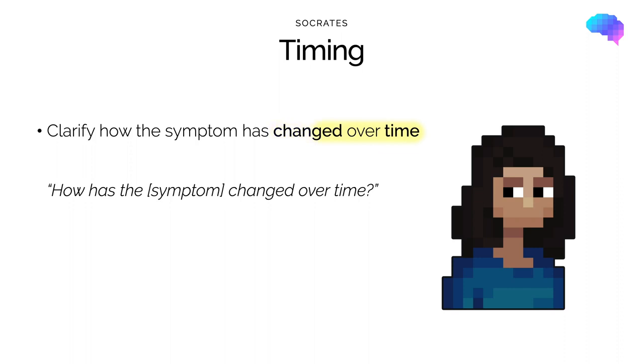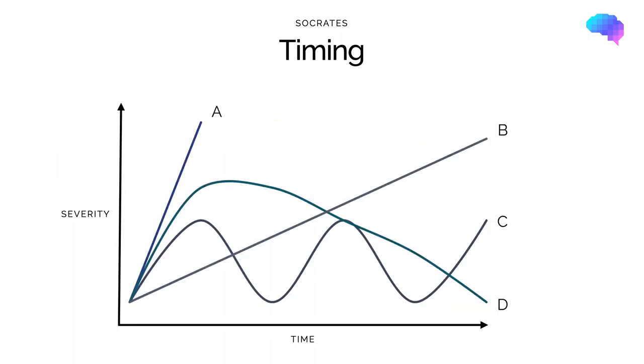I just want to now show you an example of this. So this graph is a visual representation of several patients with abdominal pain, and you can see here that they're labelled A, B, C, and D. So the x-axis on the bottom is time, and the y-axis is the severity of pain. So we're showing how the pain changes over time.